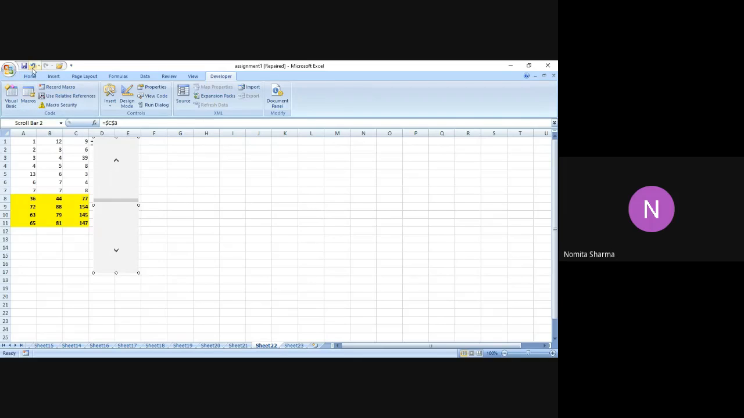Let me just resize it. Like this. So I can do that. I can resize, make it a vertical scroll bar or make it a horizontal scroll bar. Okay. So that was all about having a pictorial automated tool that you can use to increase or decrease a